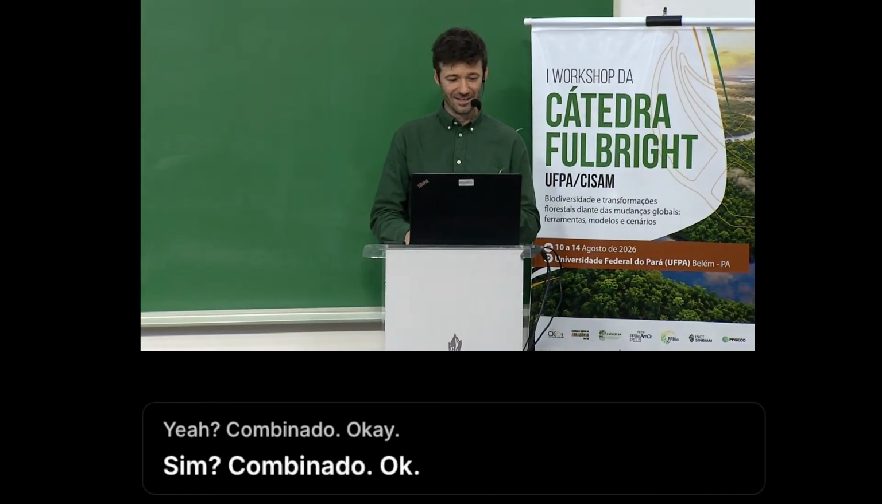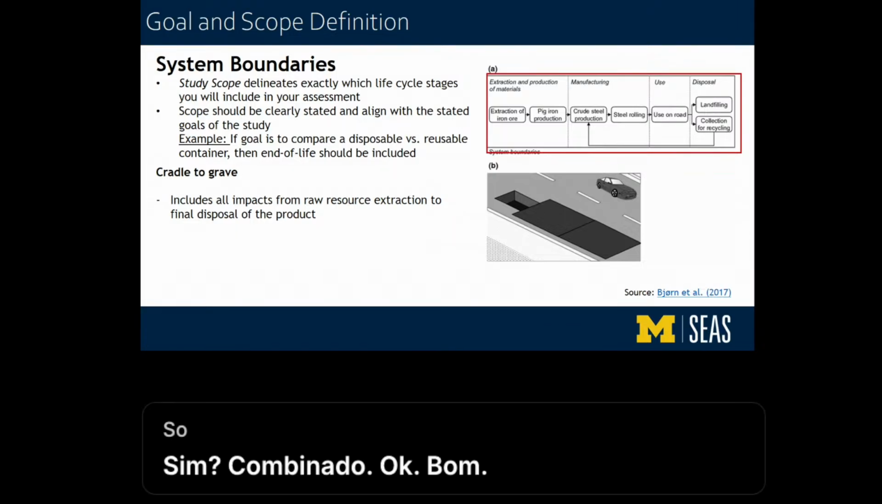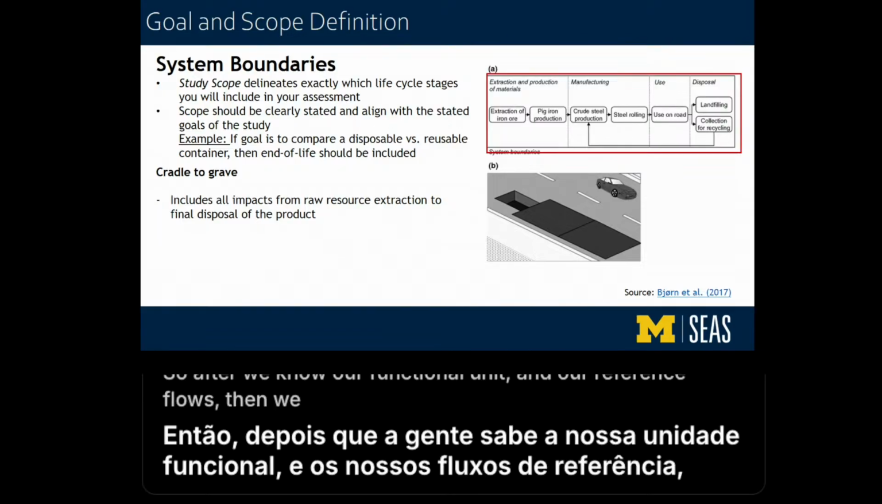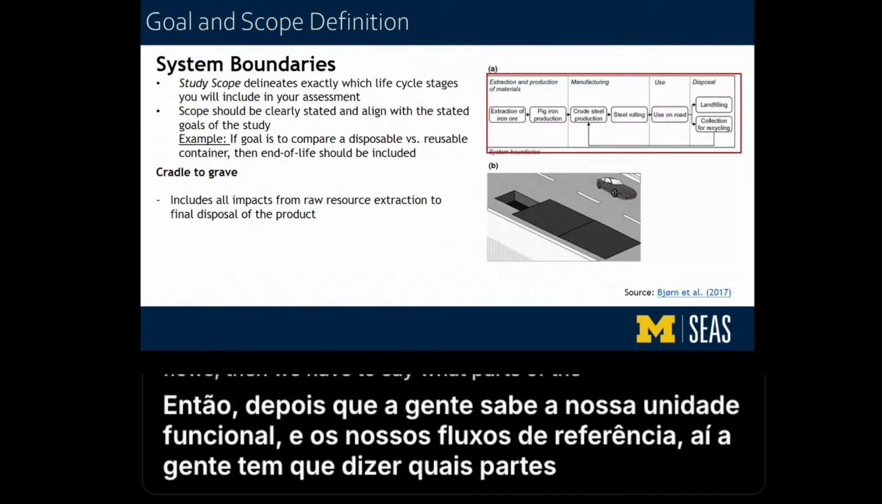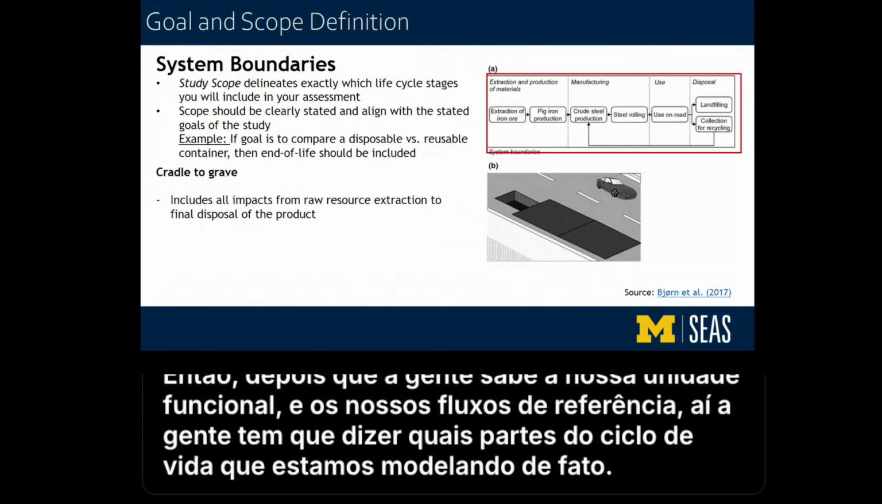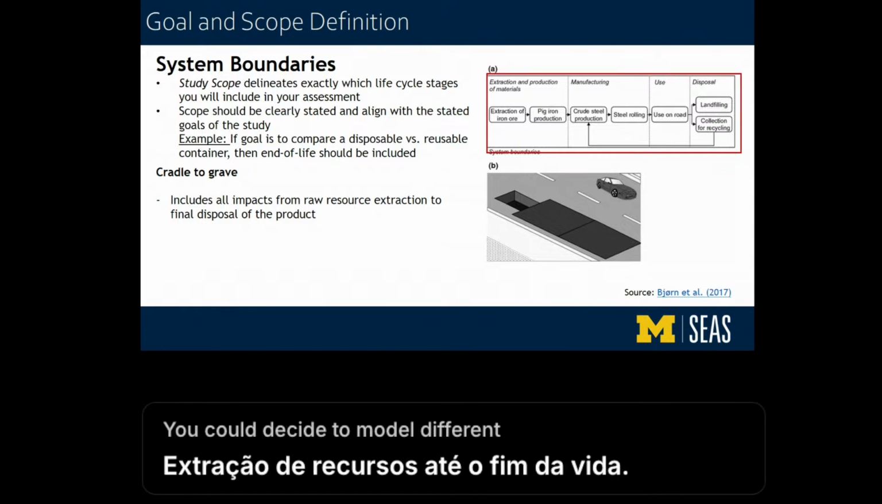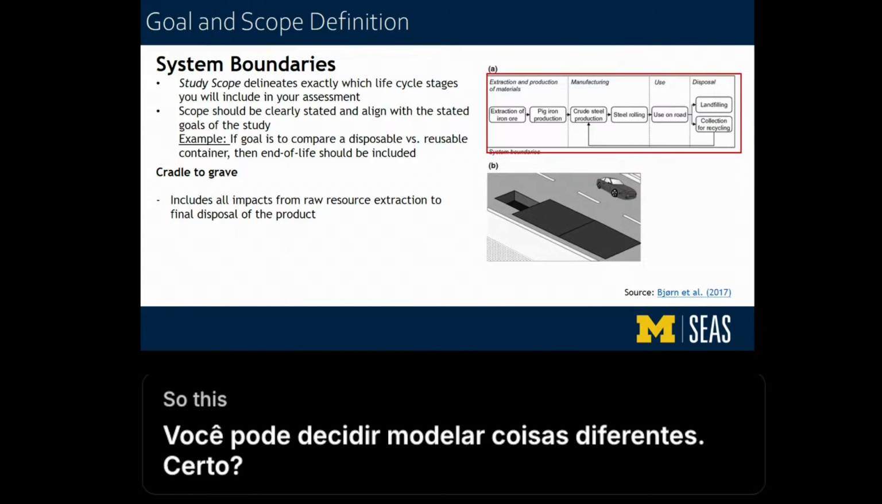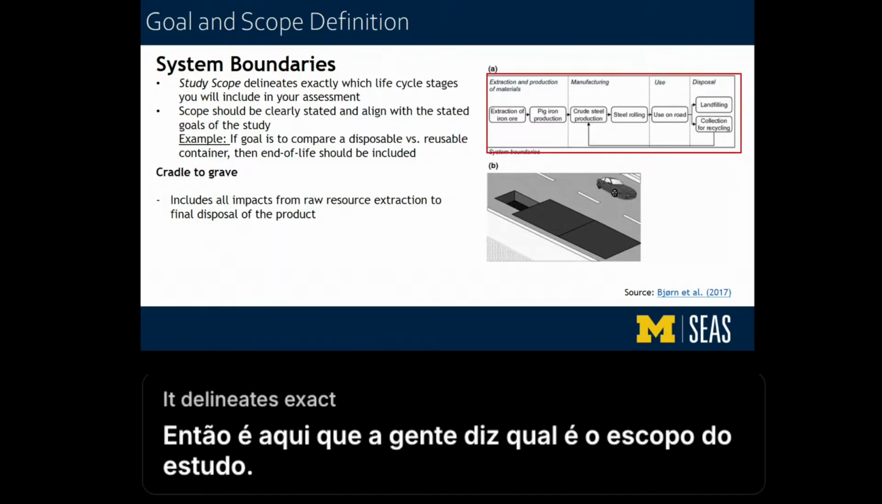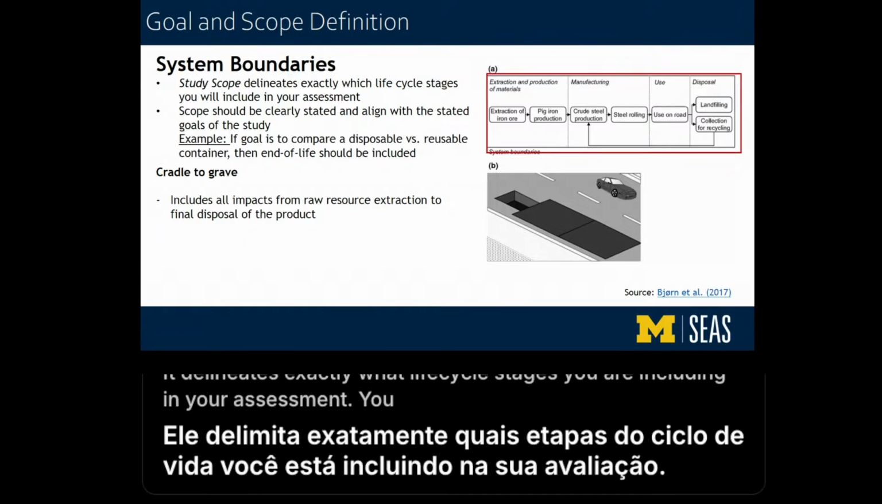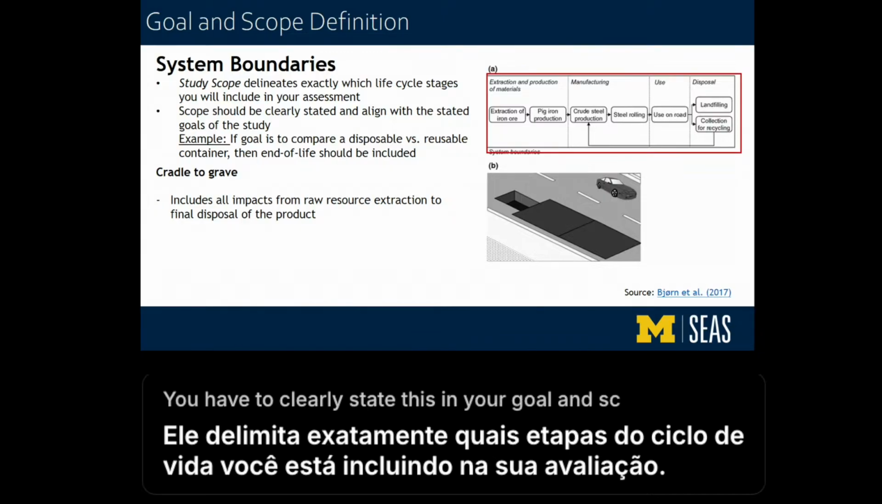Good. So, after we know our functional unit and our reference flows, then we have to say what parts of the life cycle we're actually modeling. You don't always have to model from resource extraction to end of life. You could decide to model different things, all right? So this is where we say what the study scope is. It delineates exactly what life cycle stages you are including in your assessment. You have to clearly state this in your goal and scope, and it should align with the goals of the